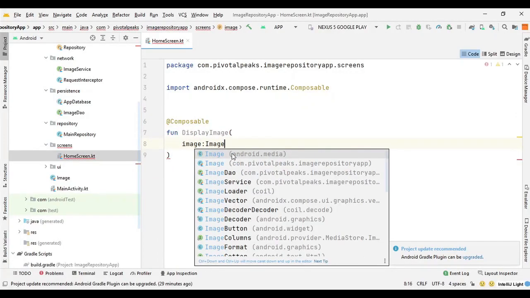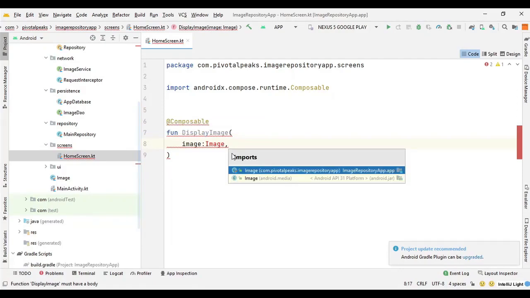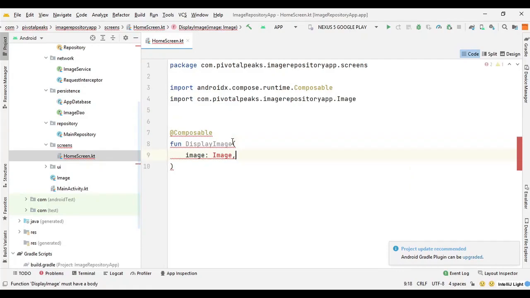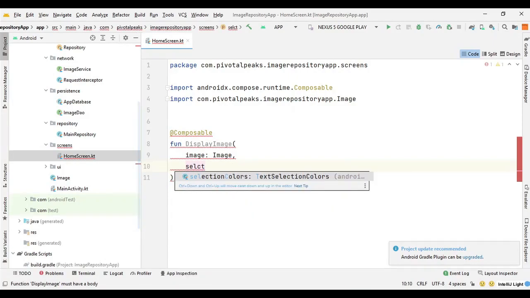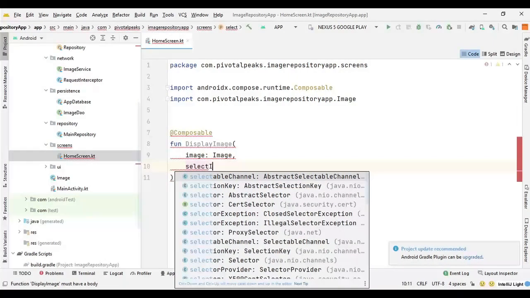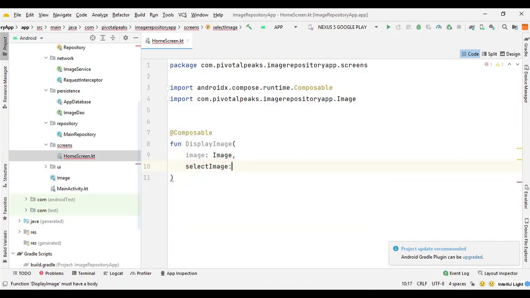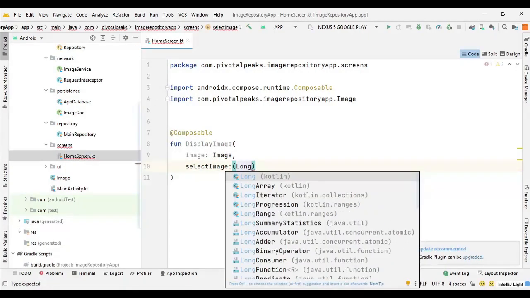So we can say image. It should have imported, but it did not import the image from my package. And the second is we need a function to select the image. So we can say selectImage, which is going to be of type Long.